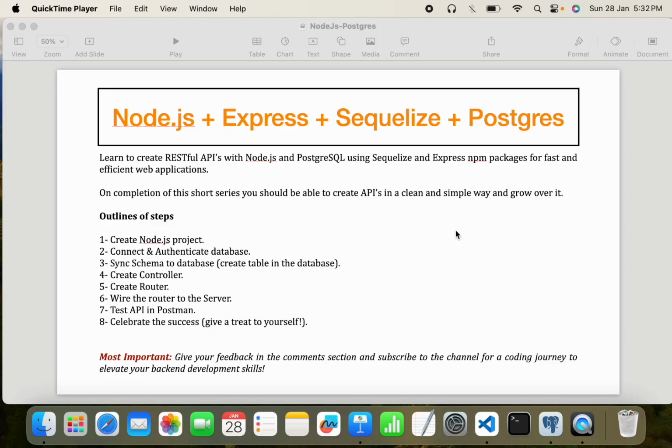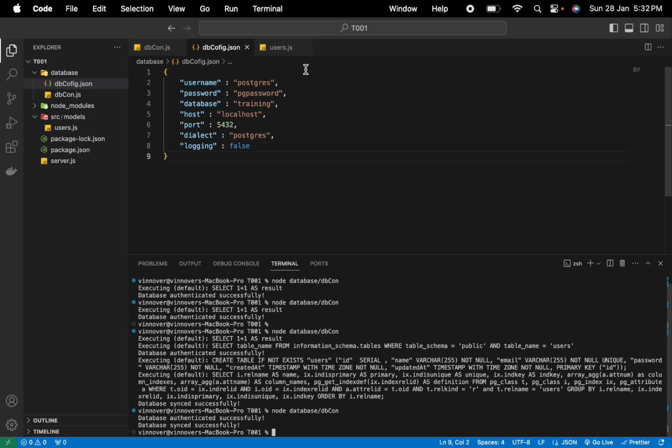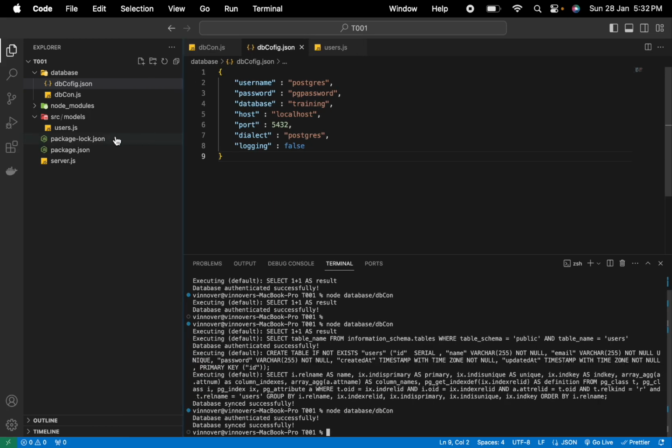So friends, in the last videos we created the project, then connected and authenticated to the database, then we synced the table with the Postgres database. Now we are going to create the controller. Okay, so what we are going to do is we will create another folder within this source folder that is